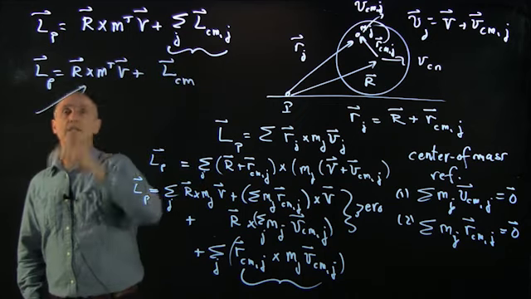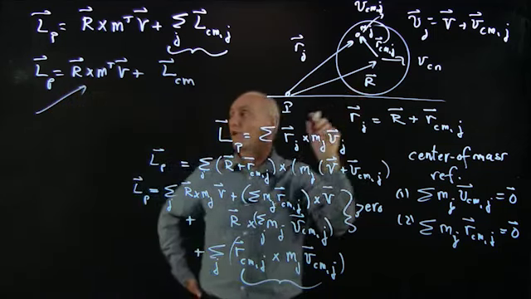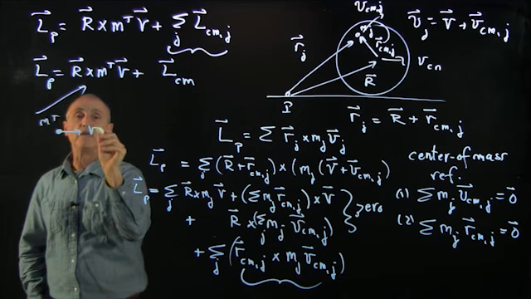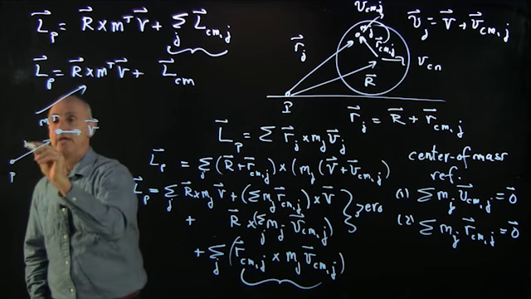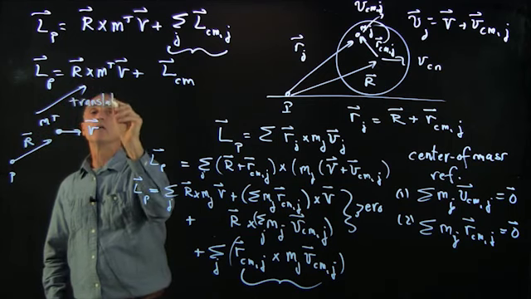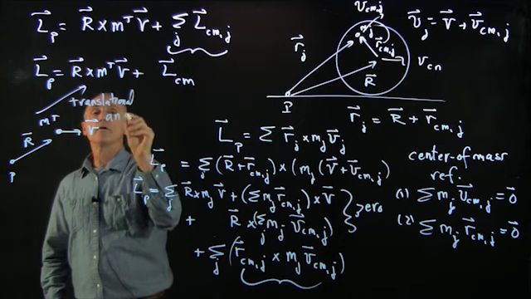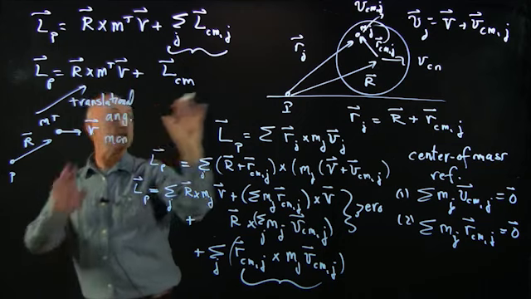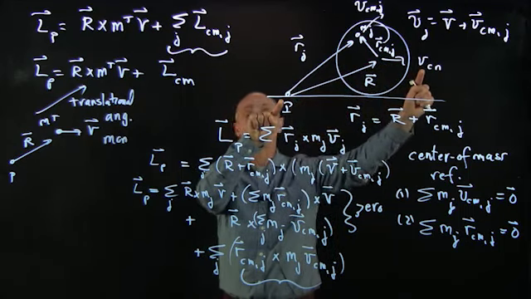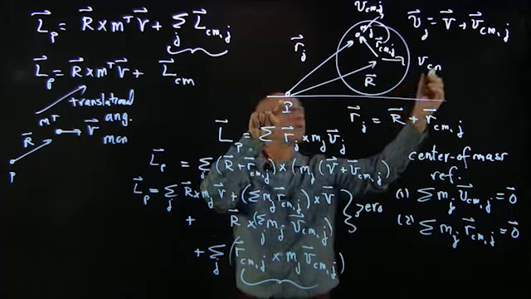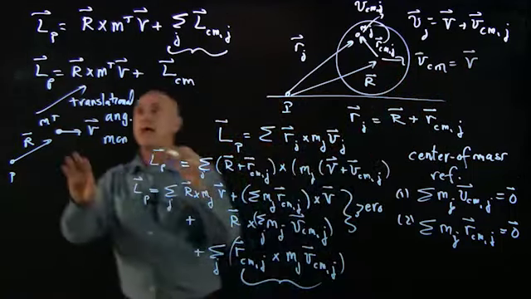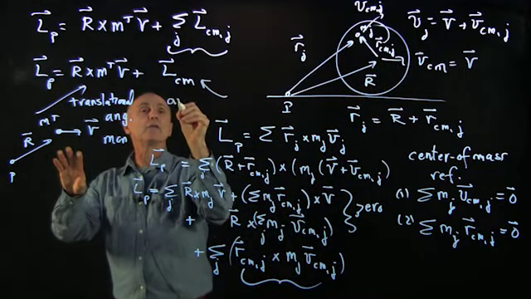Now, what this first term is, if you treated the whole object as a point mass, m total, moving with V, and here's our point P, and there's R. This is just what we call the translational angular momentum. It's treating the whole system as a point-like mass moving with speed V, and calculating just the angular momentum. And this piece is the angular momentum